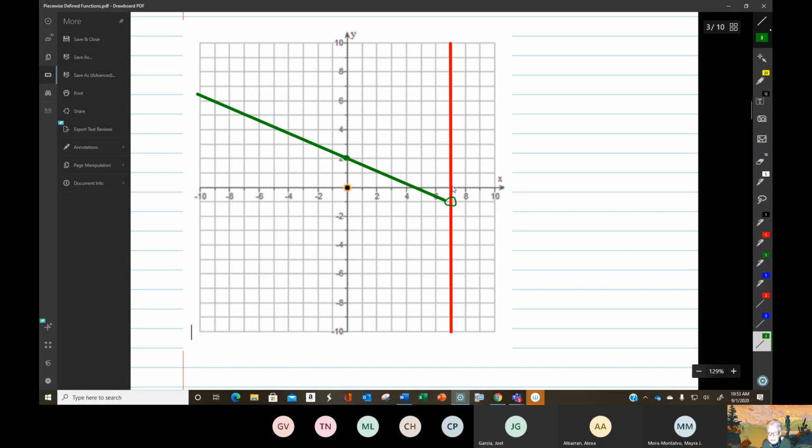Okay, if x is 7, if it could be, y would equal negative 1. And if x were 0, then x can equal 2 with no problem. And so I draw my line, and there it is. Now,